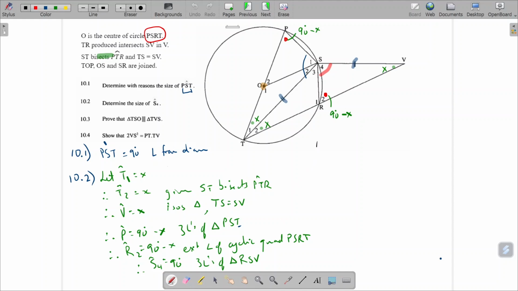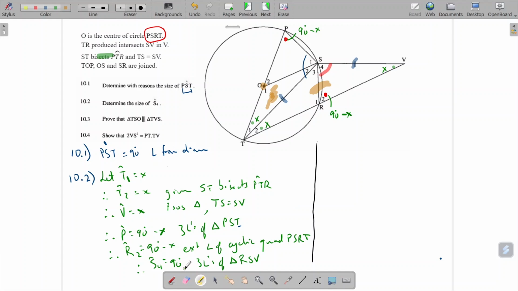So one thing we've been saying is mark it in. If we are talking about these two triangles, we are talking about TSO, which is this one here, quite central, and we're talking about triangle TVS, this entire one over here, partly inside, partly outside the circle. And again, we should be able to see that we have got this one quite quickly because we've got